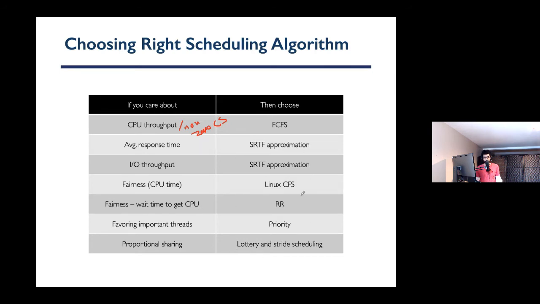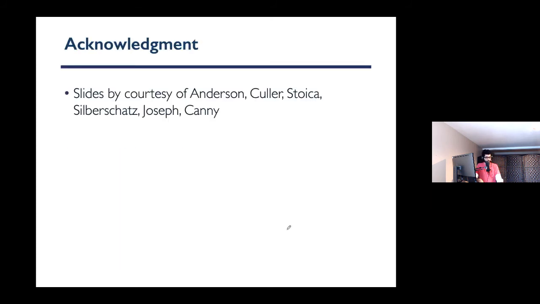This is not a complete list. It just lists some of them. Don't take it literally as the best and the only choice. These are just some of the choices that you could make. Okay, so that's pretty much it for